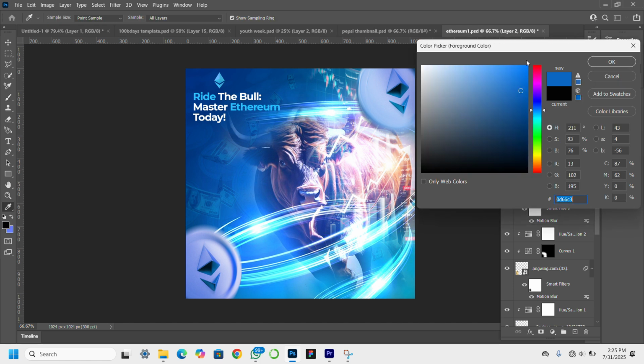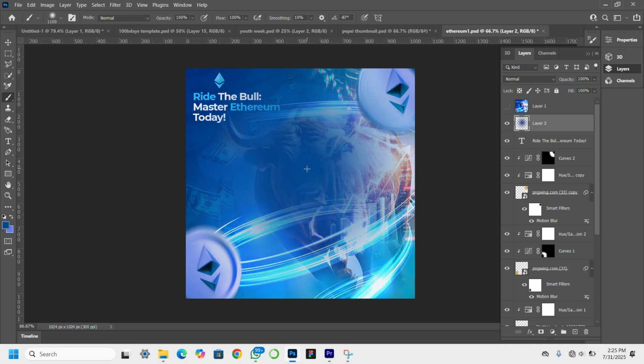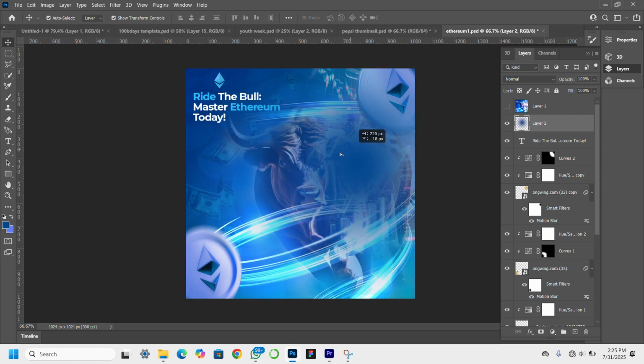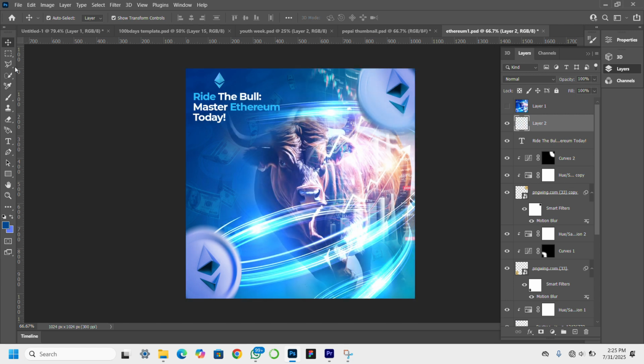I'll pick this color and take it to a darker shade, click OK. Then I click once. This is it. Okay, Ctrl Z. So I go back, let me reduce the brush a bit, then I click,